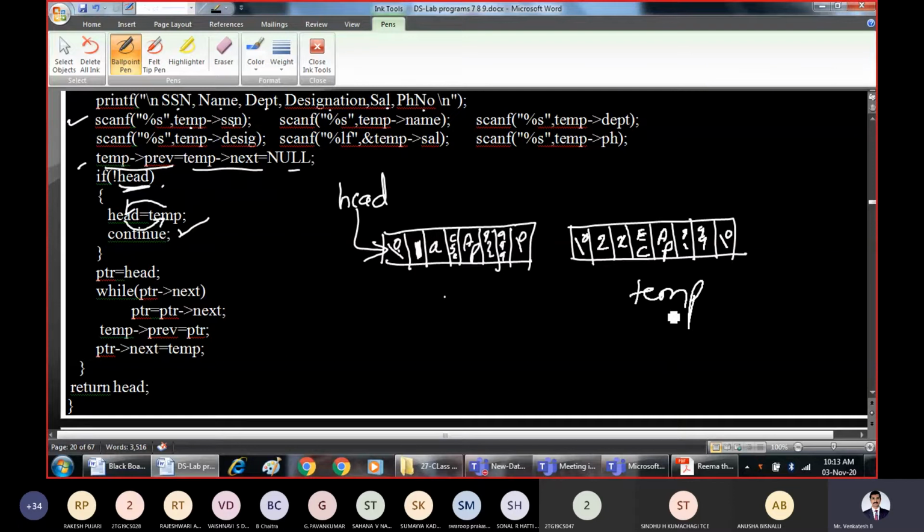By using head and temp, we can perform linking between these two. This field I will simply write as a slash so that you don't get confused that there is some data in that one. No, there is no data in that.